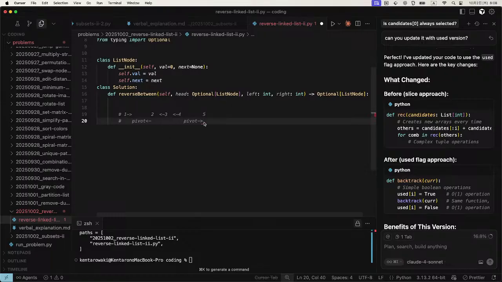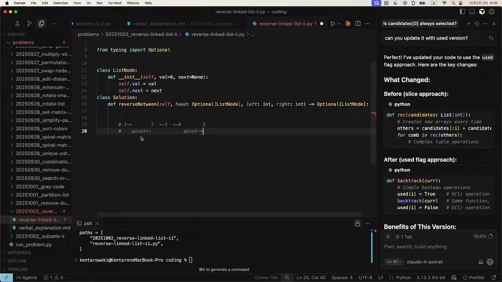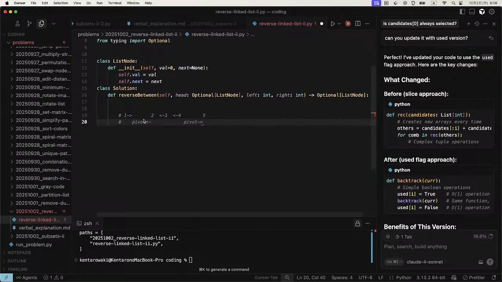Okay, so introducing 2 pivots: before the left one and after the right one, we introduce 2 pivots. And it works well,